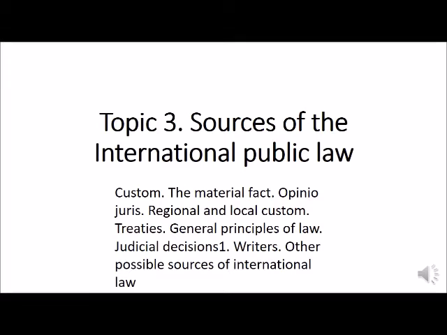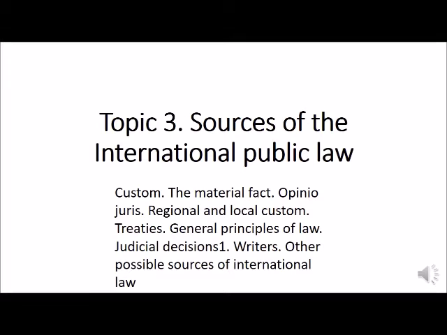Lecture 3: Sources of International Law. Article 38(1) of the Statute of the International Court of Justice is widely recognized as the most authoritative and complete statement as to the sources of international law. It provides that the court, whose function is to decide in accordance with international law such disputes as are submitted